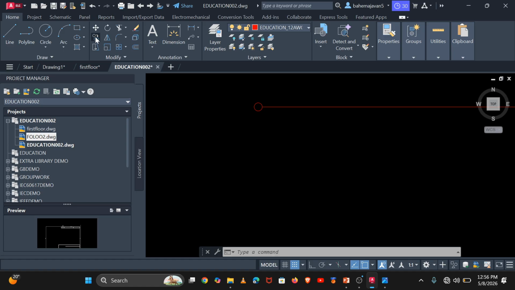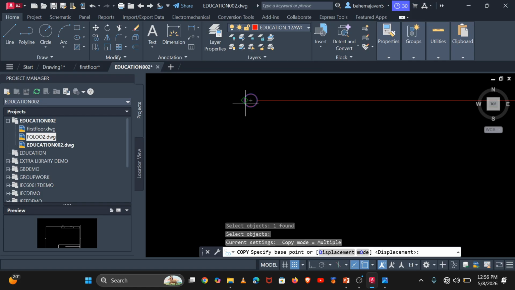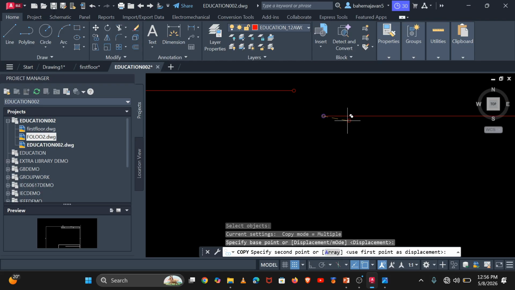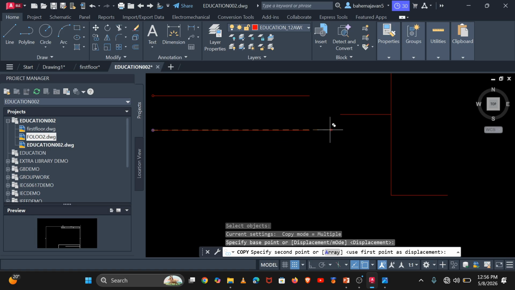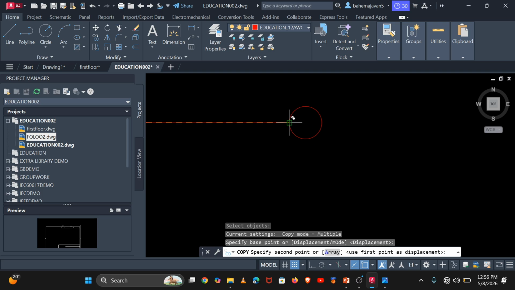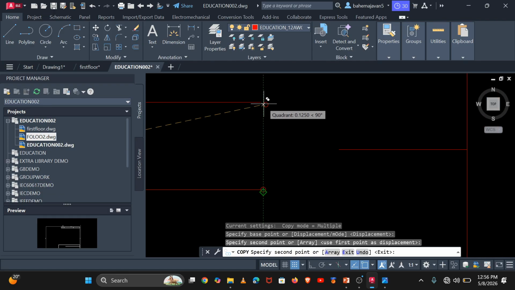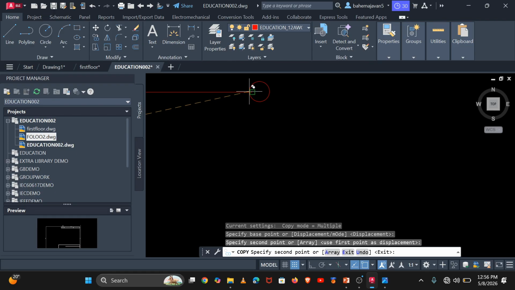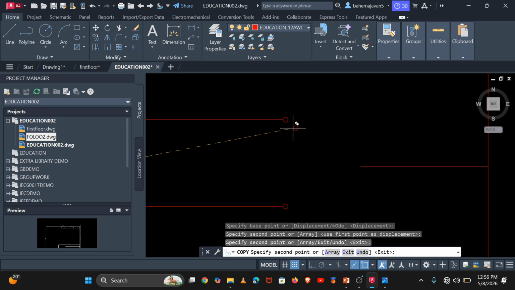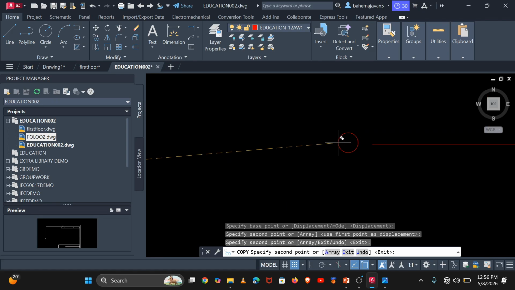Come here and then copy it again and click enter like that, and let's say that this will be the beginning point, and you can see that the circle tries to go at left, and then you snap it at the end point of the circle, and also here at the end point of the line, and by here we try to end it like